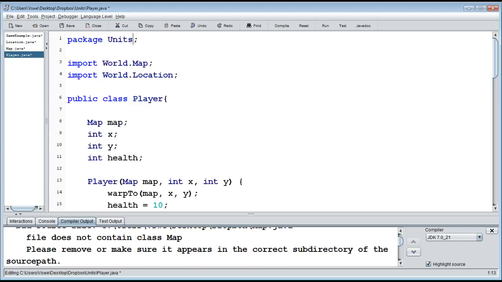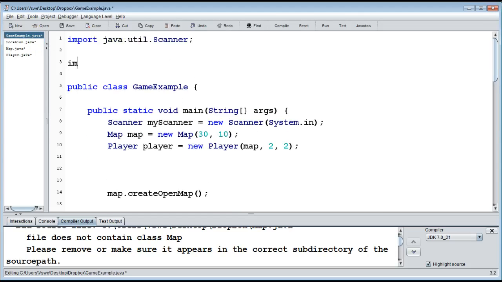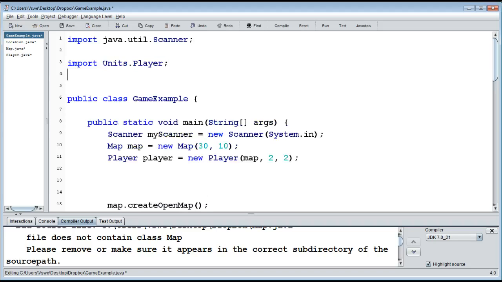So I could do something like units.playable. So I have all the different units in one package, but in that package I have a sub package where I have the different players you can use, for instance. But if I would do that, then I would import units.playable.player. But since I'm not using that, because I would have to save it in a subdirectory called playable as well, and there's no reason, I just have one package here and then the class inside there, and then we need to import